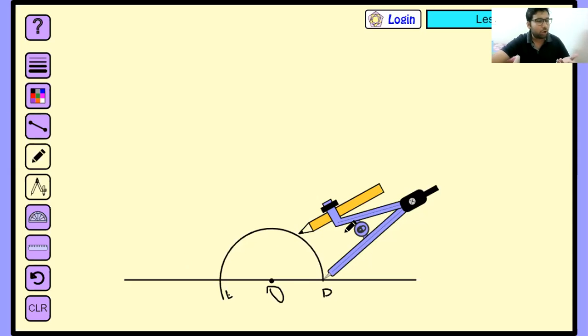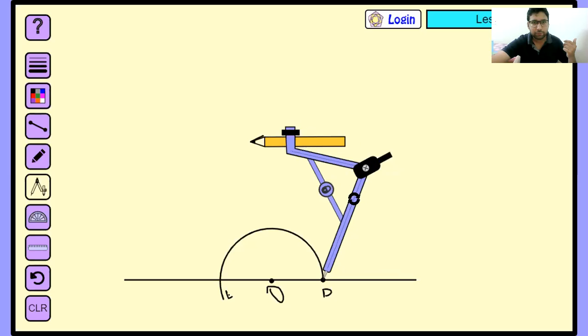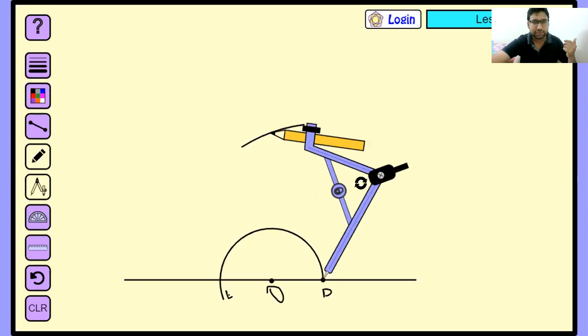Now we can directly draw for 90 degrees because we have an angle of 0 degrees and 180 degrees. Class, what should we do? We should open the compass like this, more than half. So I will take the first arc from the 0 degree angle. The first arc will be like this. I have locked the compass, so it should not move. Now I will take the first arc like this.